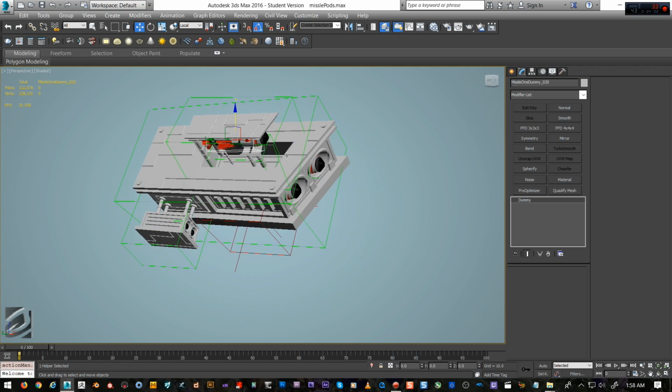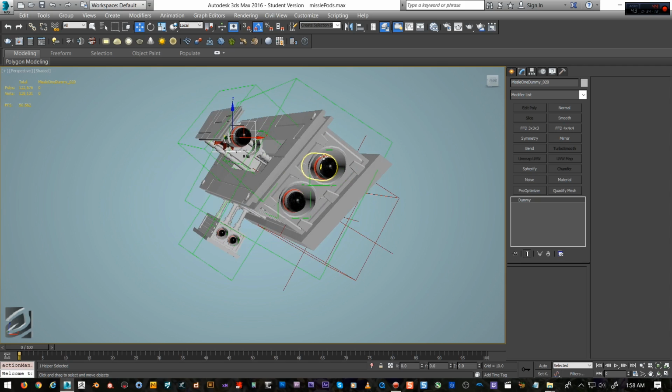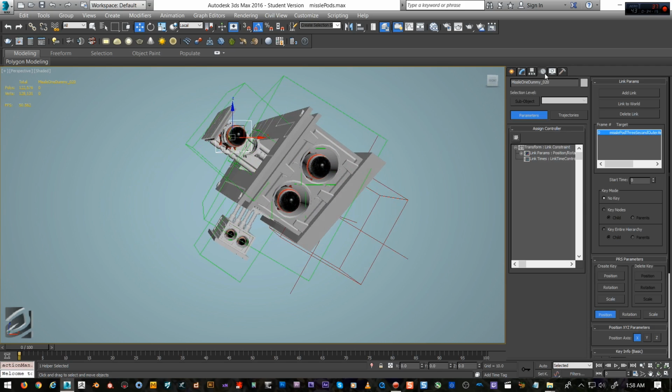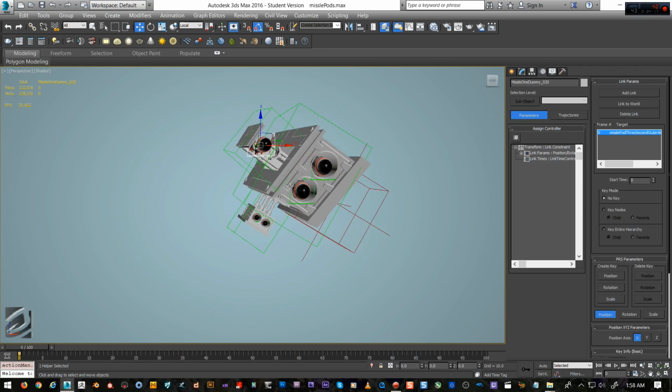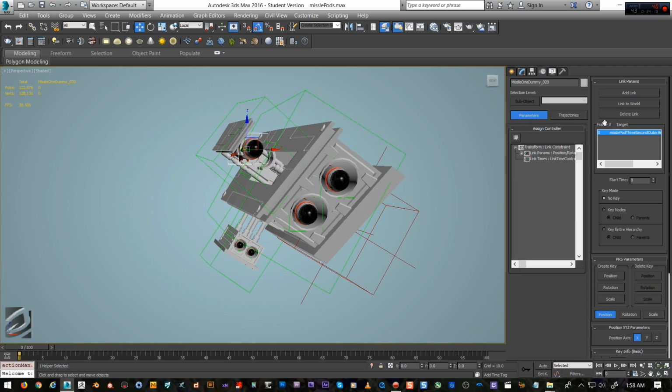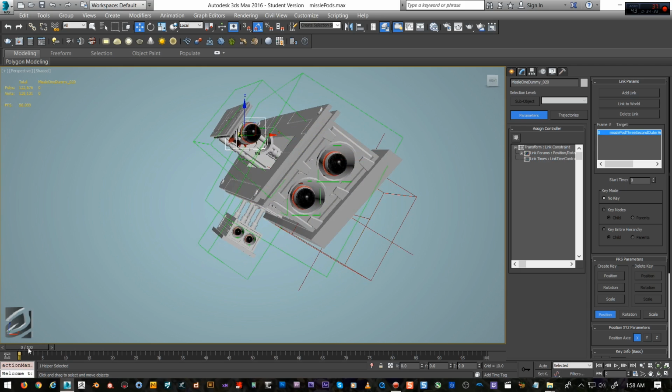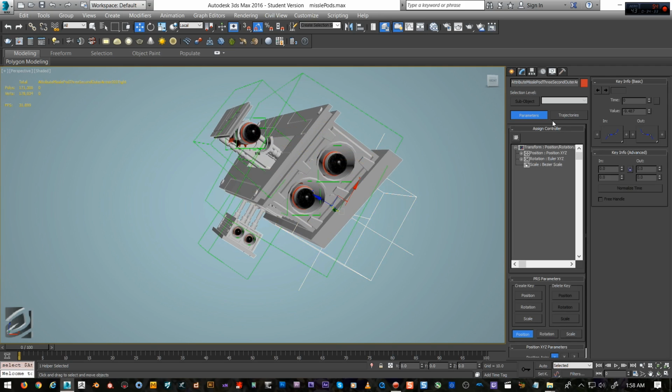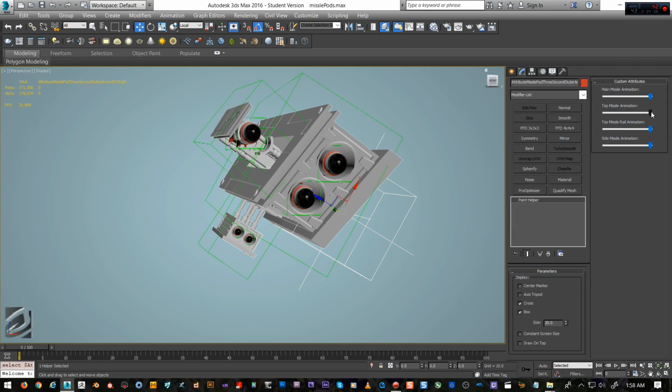So what you would do is, since we have this link here, I'm just going to save it real quick, and what we're going to do is select the attribute holder. We're going to just move this. Let's say we move it. We're going to just go auto key it there. Let's go 15 seconds. Bust this up. Should be auto keyed, so it should be doing what we want it to do. All right,